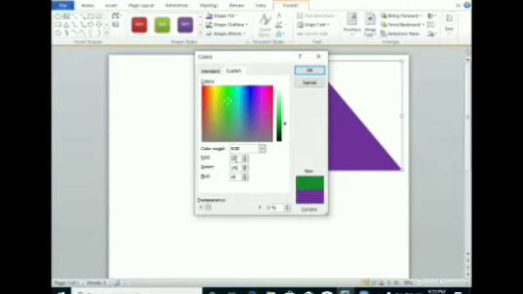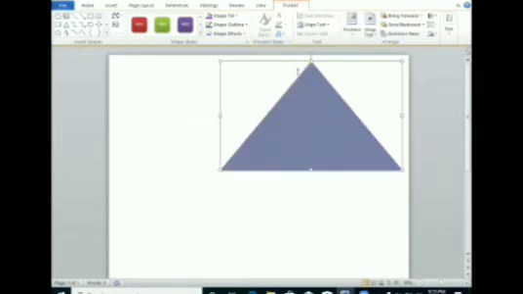You can type it here also according to your requirement. And the minimum value for red, green and blue is 0 and the maximum is 255. So you can see here the new color is this one. Just click on the OK button.